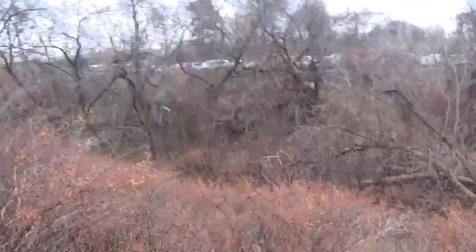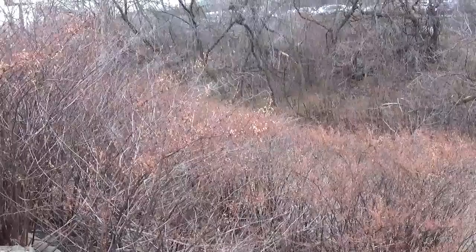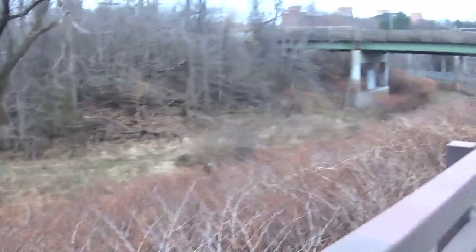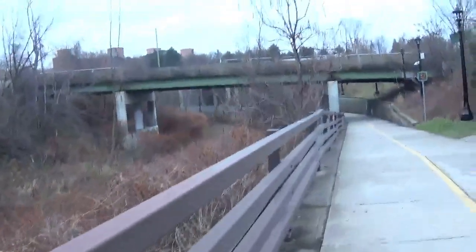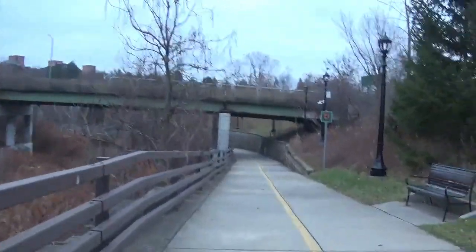Okay, folks, we got out of this stressful situation. The creek actually goes under part of the city, but there's a lot of history to see out here. So what I've seen walking to that end,